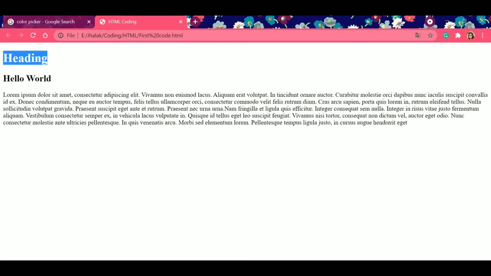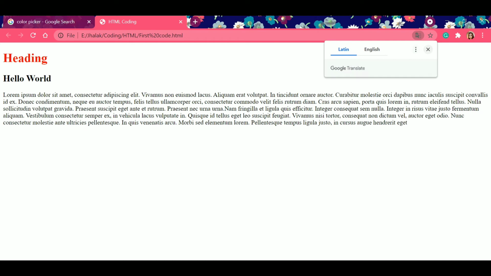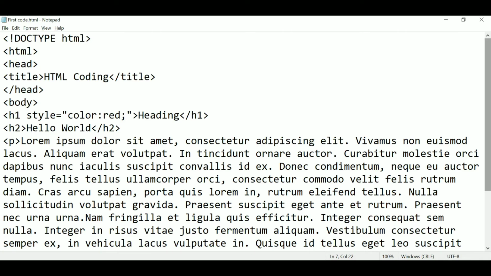Now we want to give some effects. I want this to be red and this to be blue. How do we do that? There are two ways in which we can do it. The first way is here. In the starting tag, you just have to write style equals, in double inverted commas, color, give a colon, and then you can write the color. I'll write red, and then you have to give a semicolon. If I refresh it, you can see that there is this heading in red. Now hello world, I want it to be written in